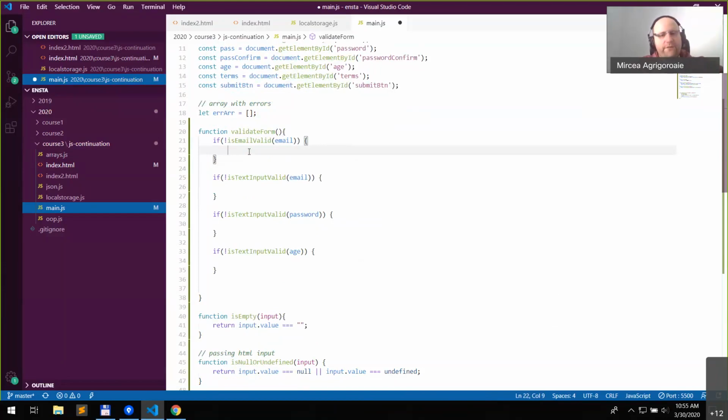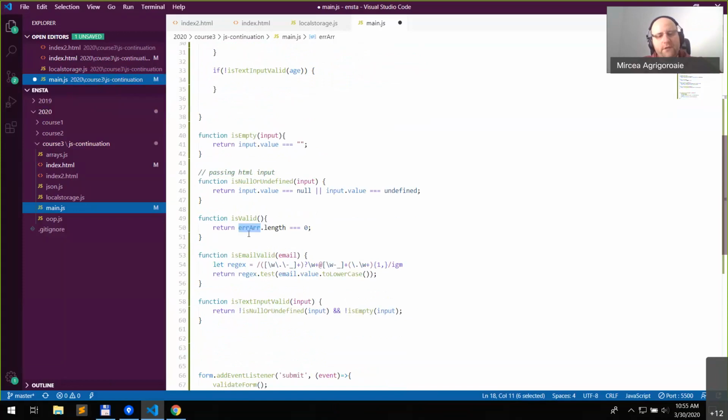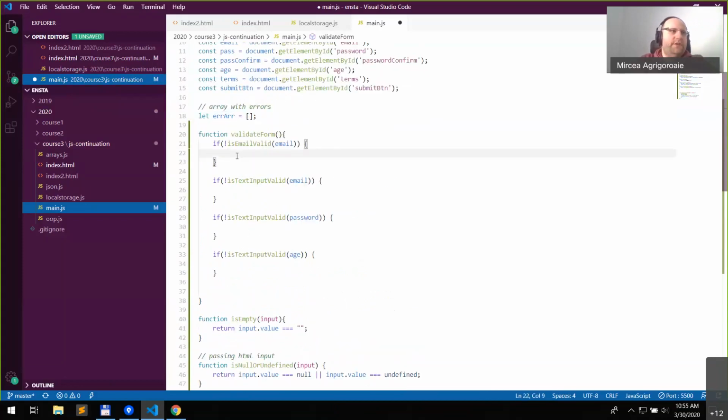Yeah, but we have a list of errors. We want to capture all of them, right? So we want to push, because we check the is valid. We check if the error is like... Yeah. So we can see here